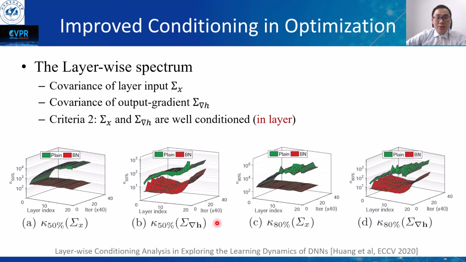As shown in these figures, it has been shown that centered data is more likely to be well conditioned. This suggests that placing BN after the linear layer can improve the conditioning of the output gradient, because centering the activation, with the gradient backpropagating through such a transformation, also centers the gradient.